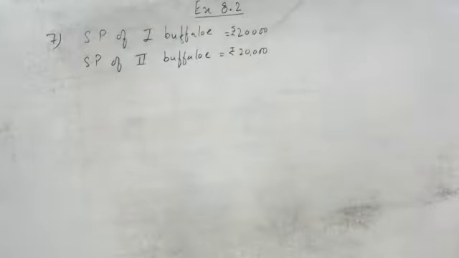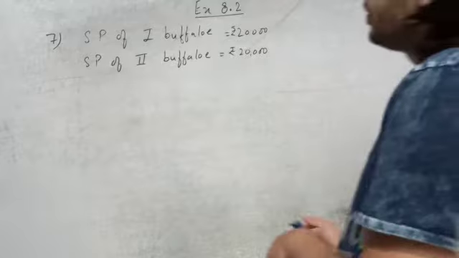And they are saying on one he made a gain of 5% and on the other a loss of 10%. So find his overall gain or loss. So we have to find whether the overall gain or loss is there. For finding the overall gain or loss, we should have the cost price. But here in the question they haven't given the cost price. They have given only the selling price. So first we will find the cost price.